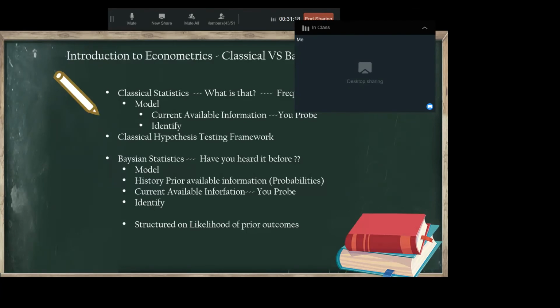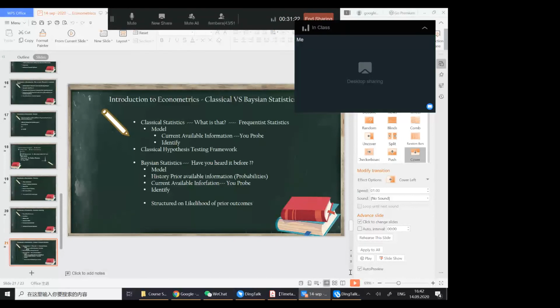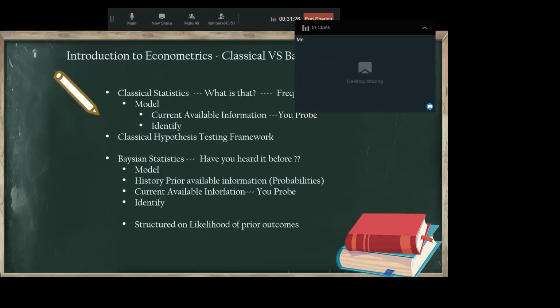As from the name, it's pretty obvious that it's classical. It's classy, right? Classy means old and simple. Classical statisticians are also called frequentists, right? Why? Because what do they